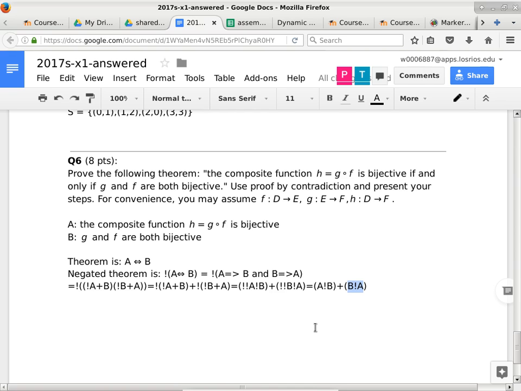What if I approach this one by using cardinality? How do you use cardinality in this case? I said that G and F are both bijective, so I have the cardinality of D, E, and F. And then I said that the theorem H is not bijective using proof by contradiction. And I say that because D equals E equals F, so E has to equal